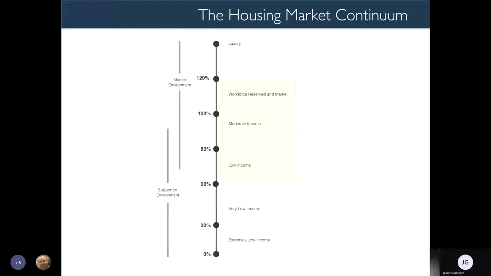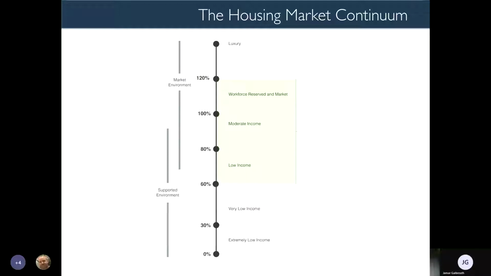At the same time, the market is almost never going to be providing housing that is affordable to people below roughly 60% of median family income, and sometimes even higher than that, depending on that particular market. So we're calling that the supported environment, because without public sector intervention, these kinds of units are just simply not going to be built. In the middle part of the spectrum here is this sort of fuzzy green box area